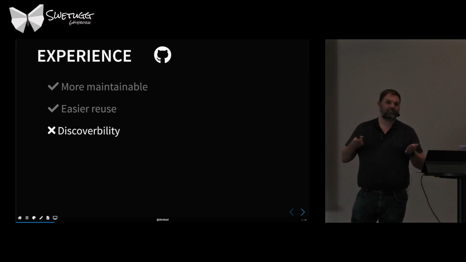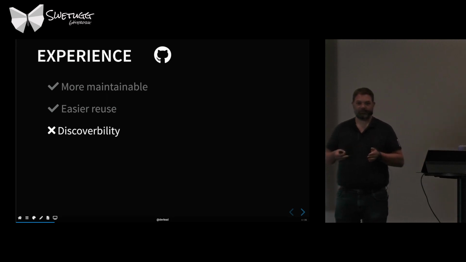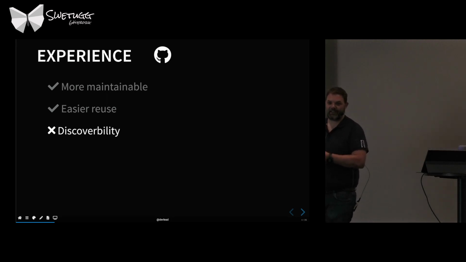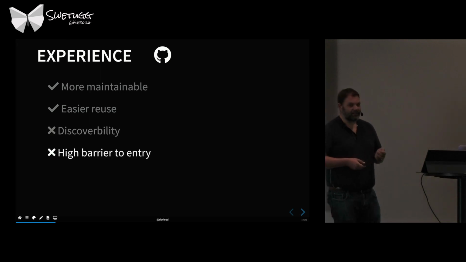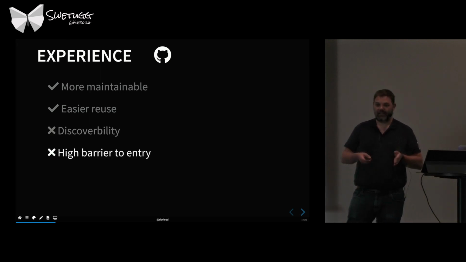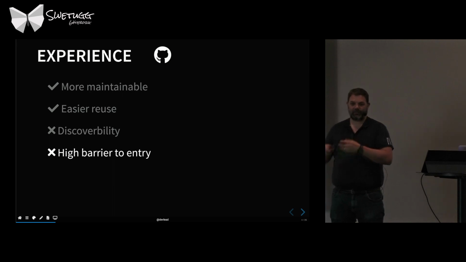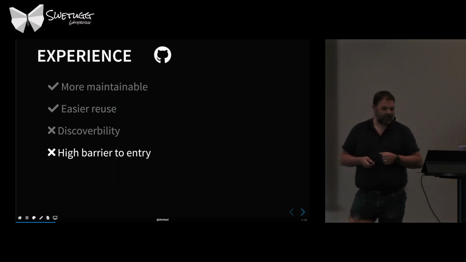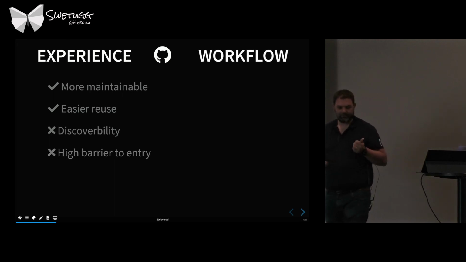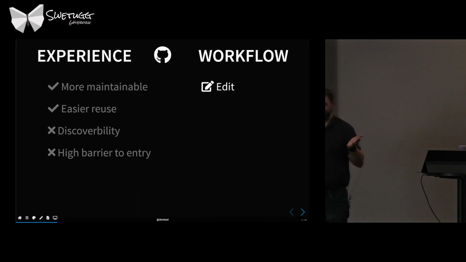It's not discoverable because it's more a text language than a programming language, and it's a high barrier to entry because of the discoverability, and it's hard to know the syntax for each task and things like that. The workflow is usually you edit that YAML file,